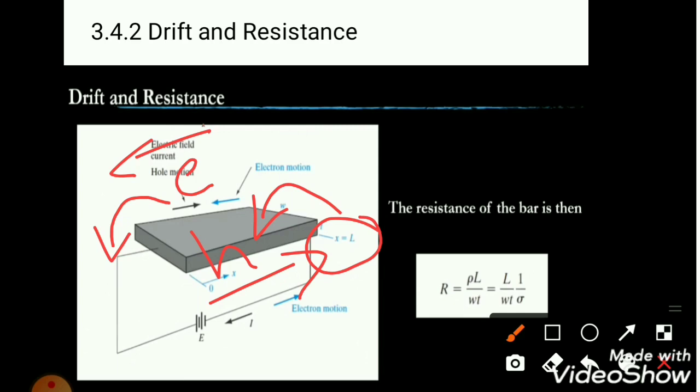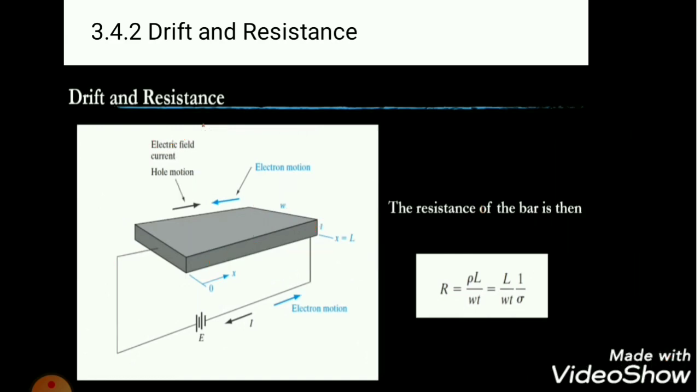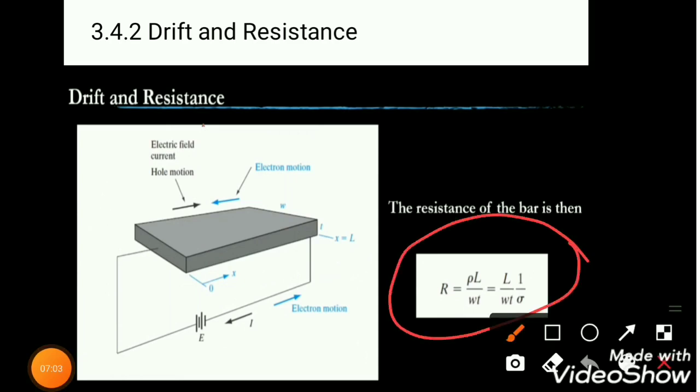So if an electron is not present at a particular place, the hole is created at that point. There is no such thing called a hole; the absence of the electron, the vacant place, is nothing but a hole. If an electron has a negative charge, obviously the hole will get a positive charge. This is how the electron will drift by applying the electricity. And this is the resistance for the particular semiconductor material when electrons as well as holes are present in the semiconductor material.